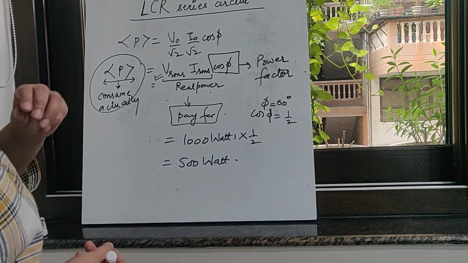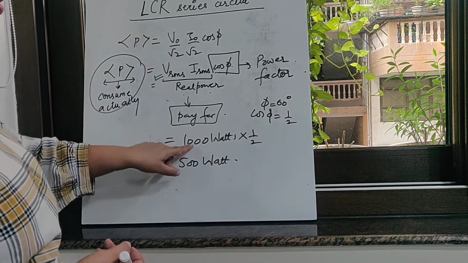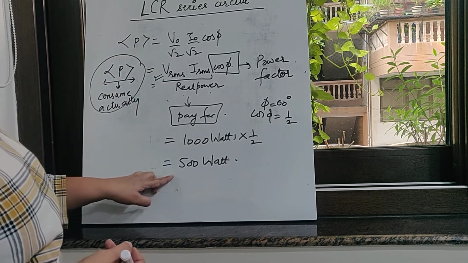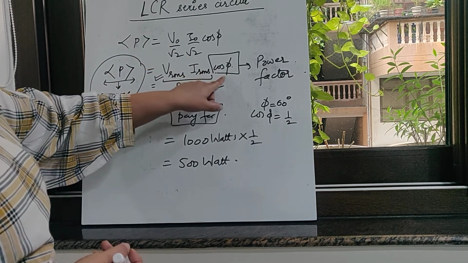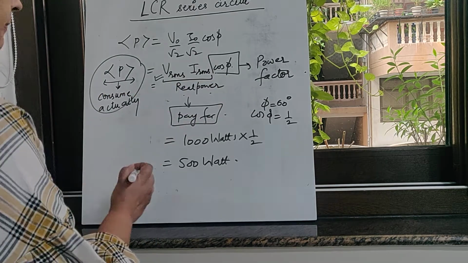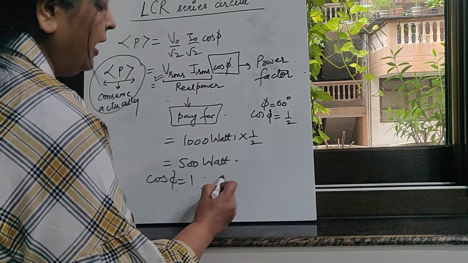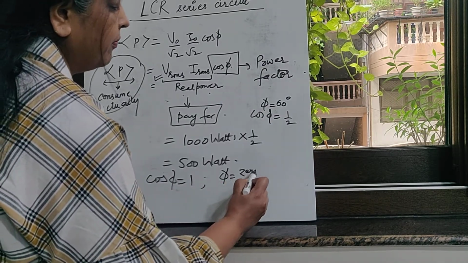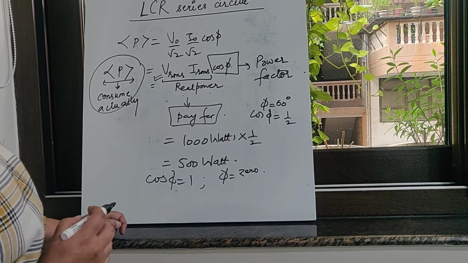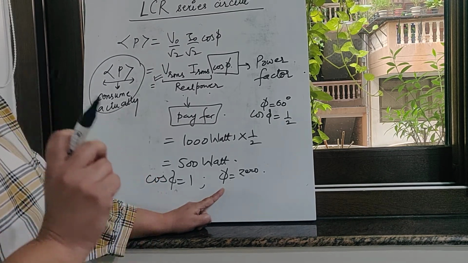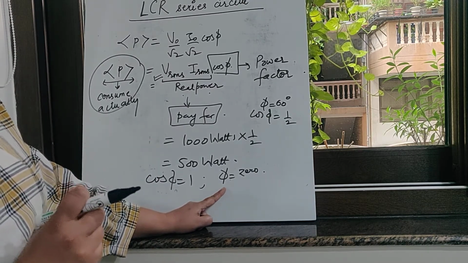Now, we don't want this to happen at our home, that we pay for more but we consume less, okay? So in order that this part should be equal to this much, we want the value of cos phi to be 1. Now the value of cos phi can be 1 only if phi is 0. But since we have used an LCR circuit, phi is not 0; voltage and current are in phase only in the case of a resistor. But phi was not 0 in this case.